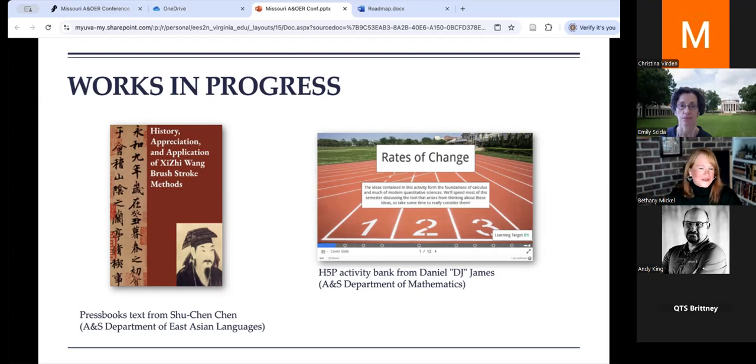And Daniel James in the mathematics department, he's embraced the interactive open authoring potential of H5P to create a bank of calculus exercises that have also been shared with local high schools. The interactive activities are openly licensed for reuse and remixing. And he really began this work as part of this community as a way to meet the needs of not only his students, but other needs that he sees in the larger community in his conversations.